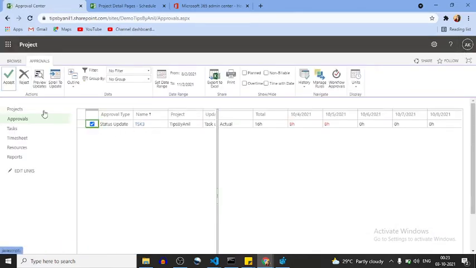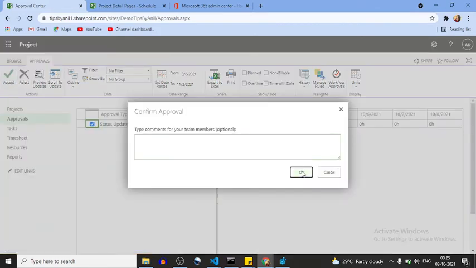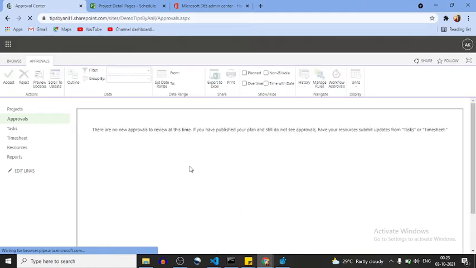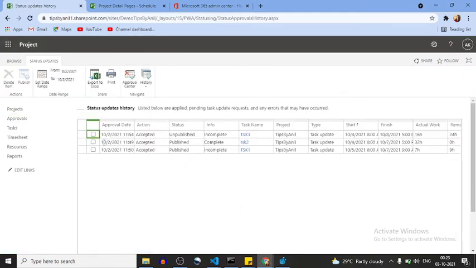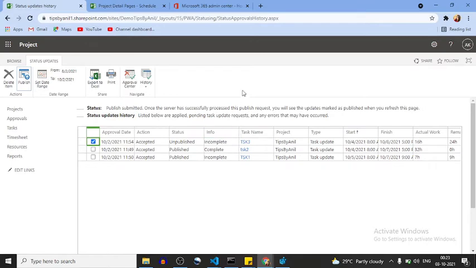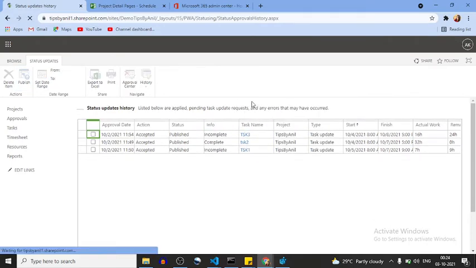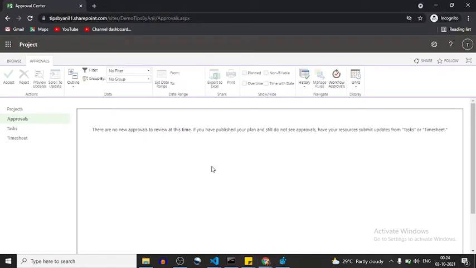Now here we go for accept or reject. Okay. Now I will go in history, status update. Task 3 is unpublished and these both are published. Click on publish button. Click on forward. Okay, so this task is published.